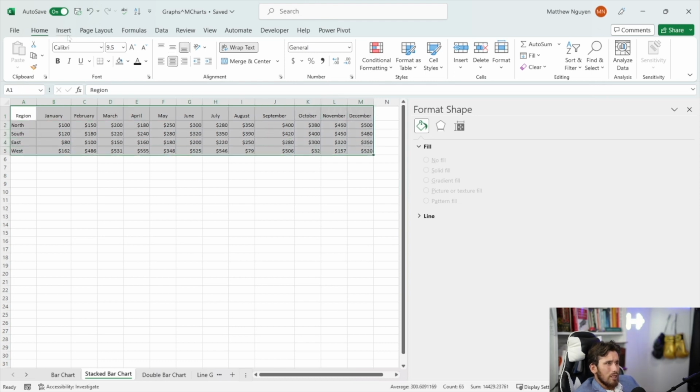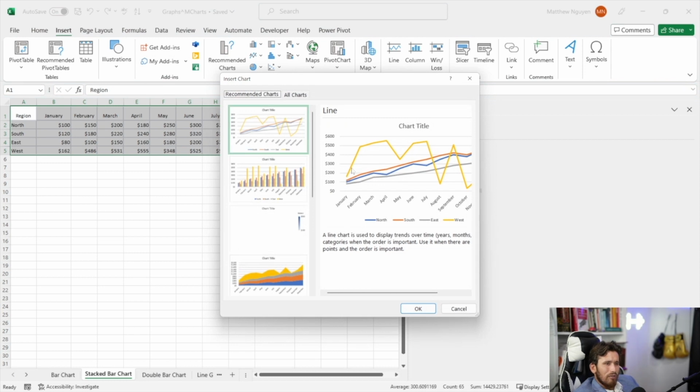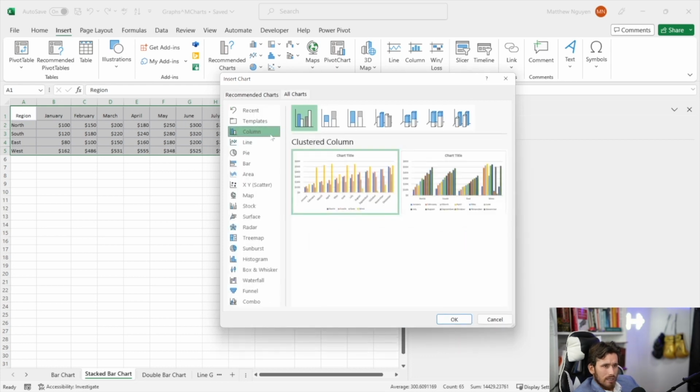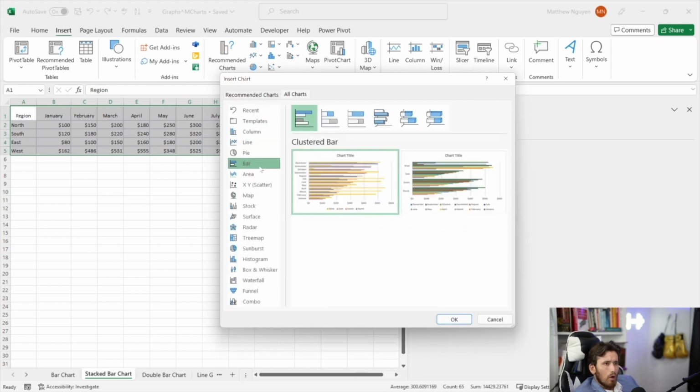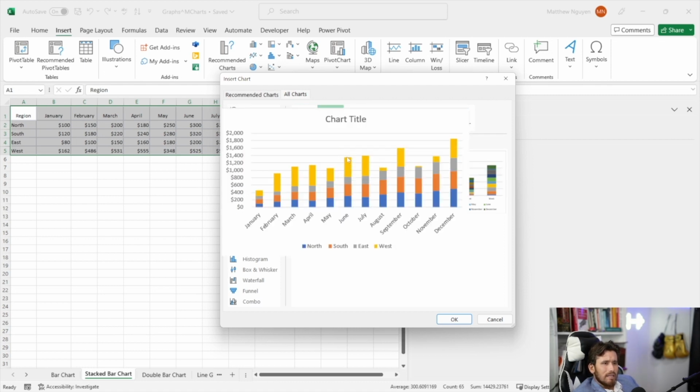Let's go back to Insert. Let's look at the recommended charts. Let's see what they have. They have a line graph here, which is fine. This can analyze our data fine, but let's actually look at it as a stacked bar chart in this case. So let's go down to bar, and let's go to stacked bar chart. And in this case, it's going to be horizontal, but let's say we want to do it vertical. Let's go to column, and we can choose here, stacked column,